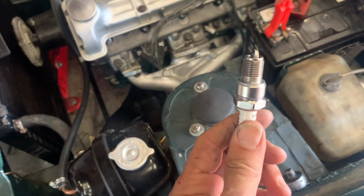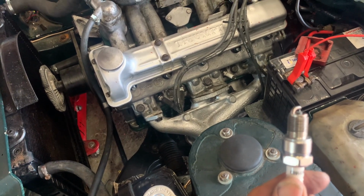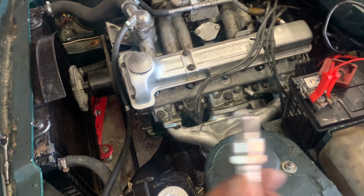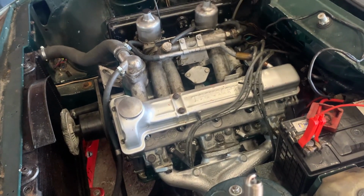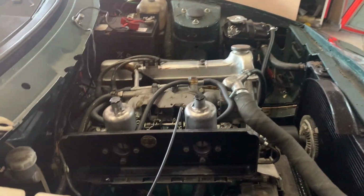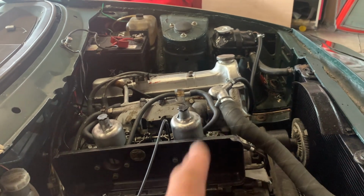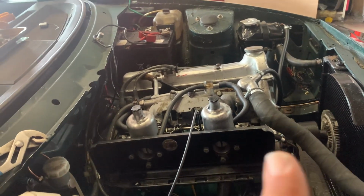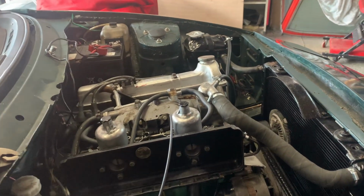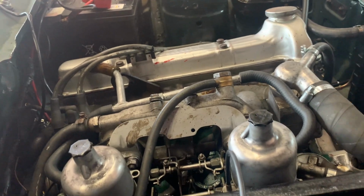So I think one of my carbs must feed 1 and 3, and it is not feeding it properly. Okay, so if we're not getting fuel to 1 and 3, then one of these probably isn't feeding. So I'm going to assume that I never set them, and I'm going to see if I can find where the